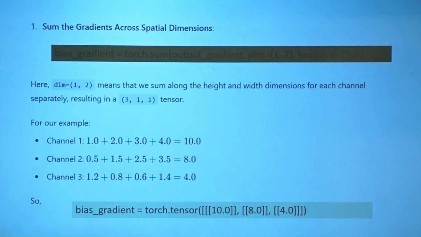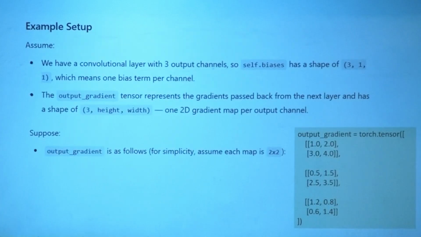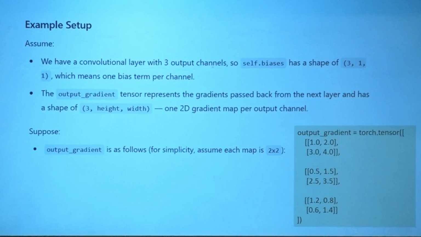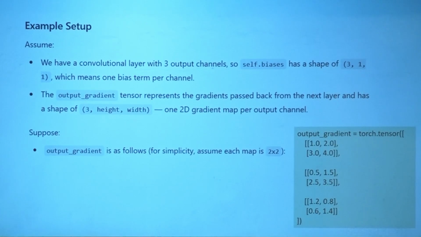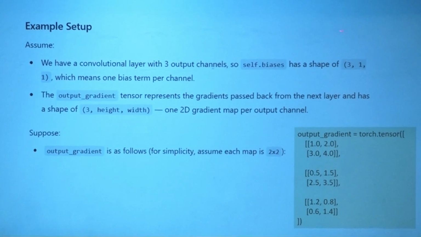This same is the logic we had implemented. Look here. If you have biases, and your convolution layer has 3 output channels, 3 filters you applied, then obviously the output of the convolution layer has 3 channels. Assume it as such, so your biases will be defined accordingly. How will you define the biases? I said 1 per channel. So you have 3 channels, so your bias dimension should be 3 by 1 by 1.